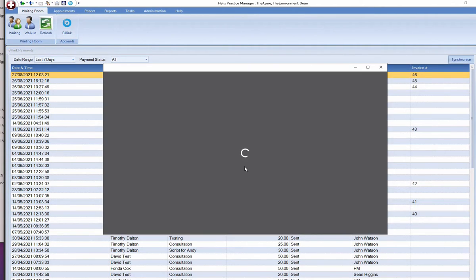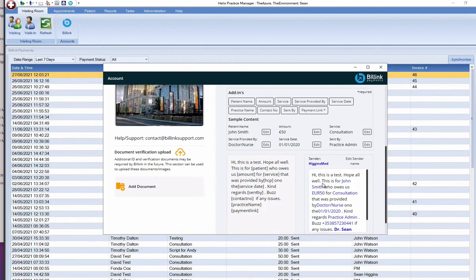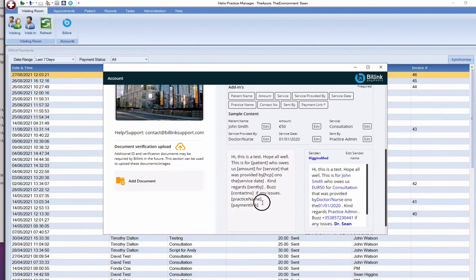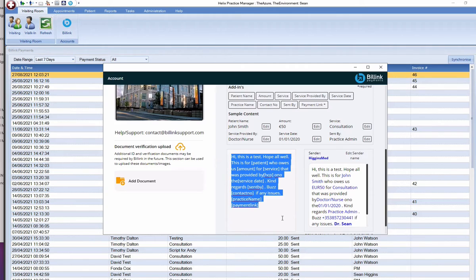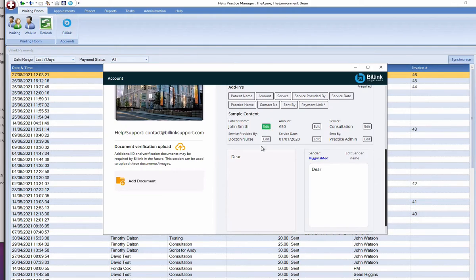So once you're inside the dashboard here, you'll now see that you can completely edit and amend the details for the SMS. So let's say, I'll give you a quick run through about how to do this again. Say, dear, let's add in the patient name. So add in the patient name. Your outstanding fee is, and you can add in the fee related to the payment amount, kind regards, and you can add